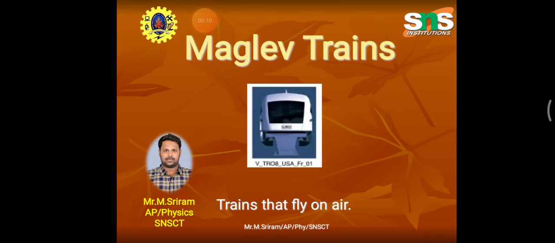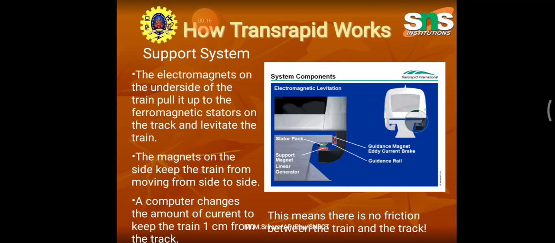So in the applications of superconductors, we discussed magnetic levitation. Magnetic levitation works on electromagnets on the underside of the train, which pull it up to the ferromagnetic stators on the track and levitate